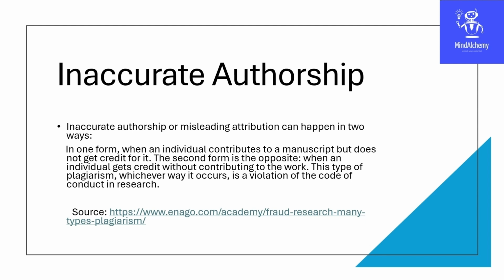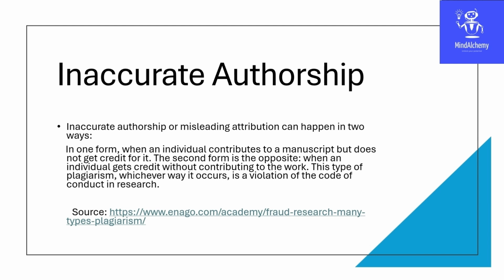Let's say your research scholar or your master's degree student or UG student has done a project under you and you find the project or the research work to be very resourceful. Now after the student passes out, or even while the student is studying there in the university, some people, I'm not stating that you can publish, but there are some people who publish these works under their own name and never mention the name of the student who has done this work for them. This is a form of inaccurate authorship, and this is also serious misconduct when the actual person who has done this work is never credited.